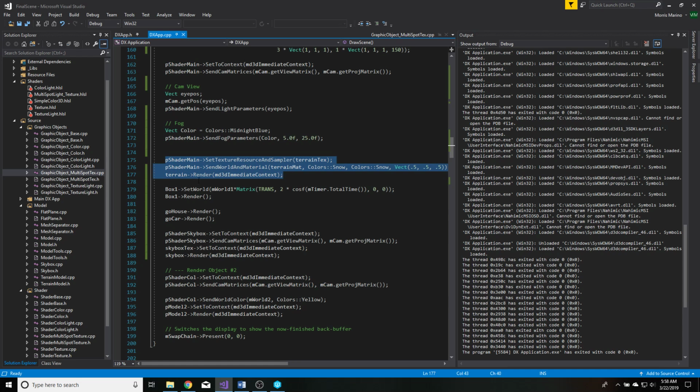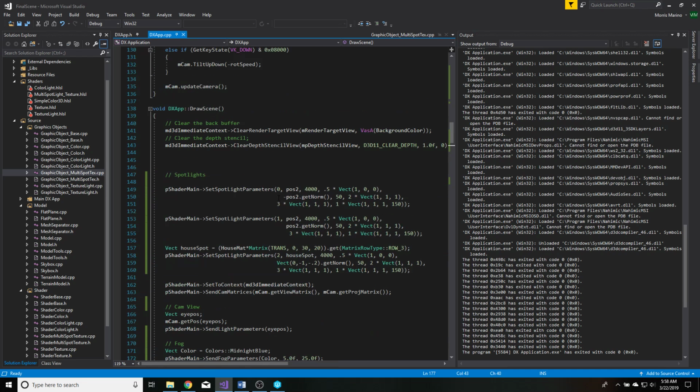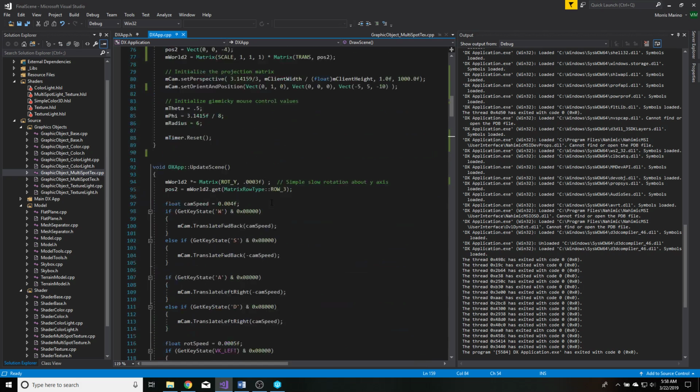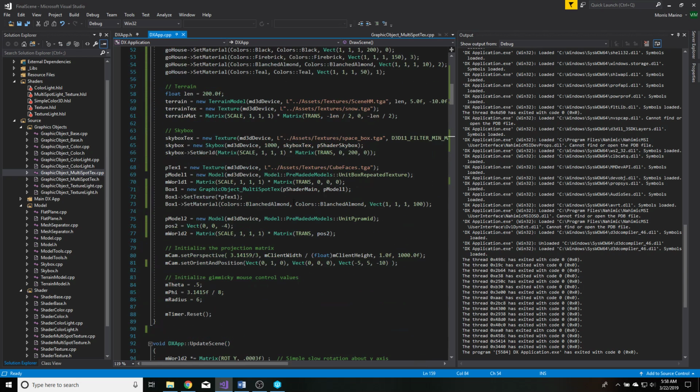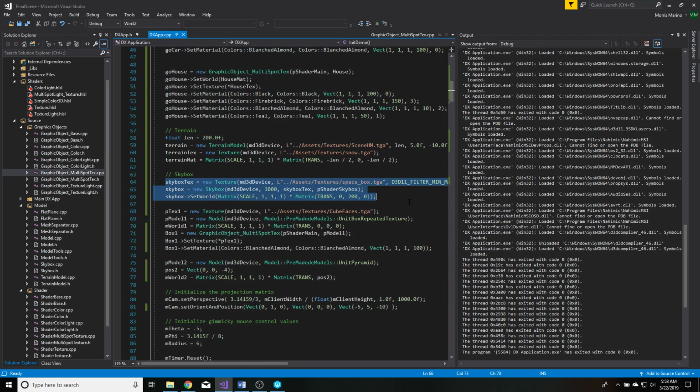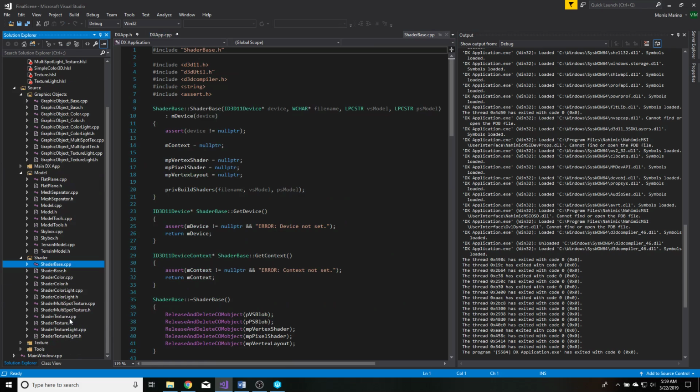Anyway, this is the terrain stuff in the draw stage. These are spotlights. We'll get to those in a second. Skybox here, which takes in a specific length here, 1000, and then builds a model based on that. Of course, takes in texture and shader for it. And the shader is just a shader class for the stock